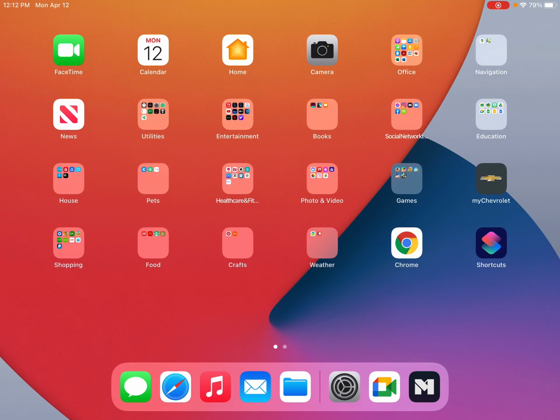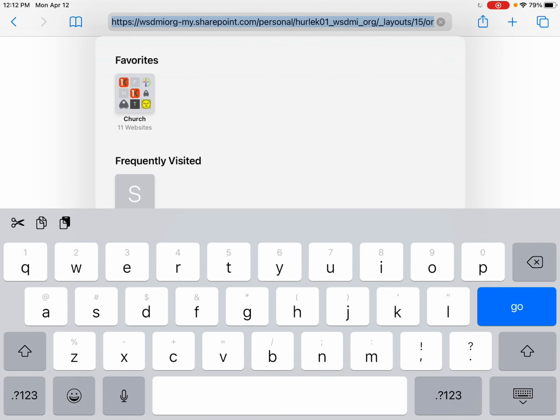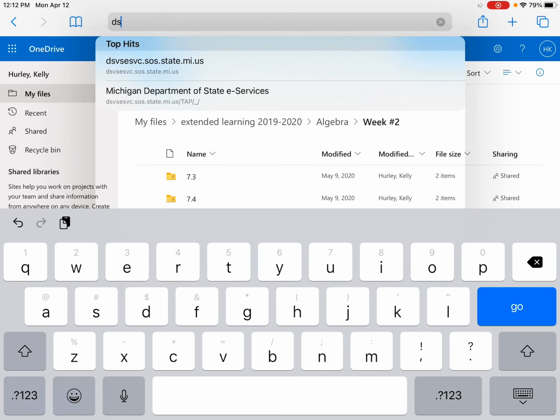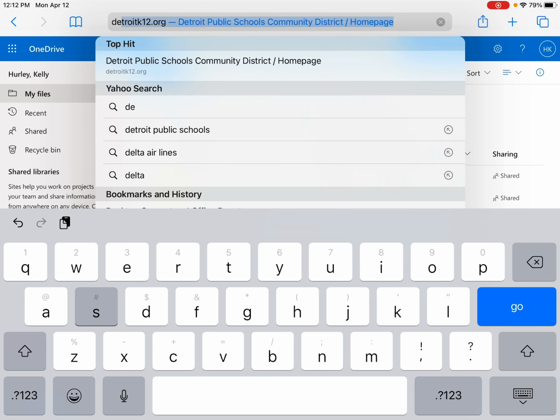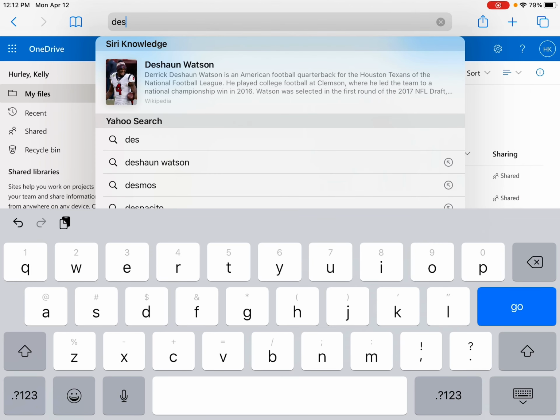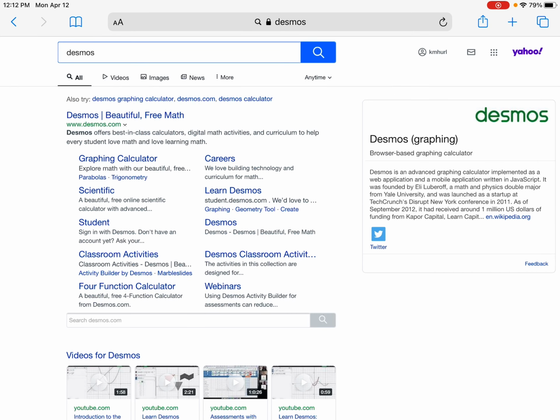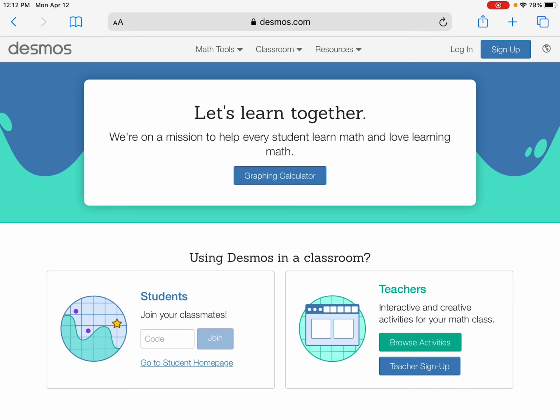Okay, so I'm going to show you using my iPad because I can't do it on my computer screen. So, hold on. I'm going to go into Desmos. And so you go into Desmos, and when you look, it'll say teachers, interactive, I'll hit